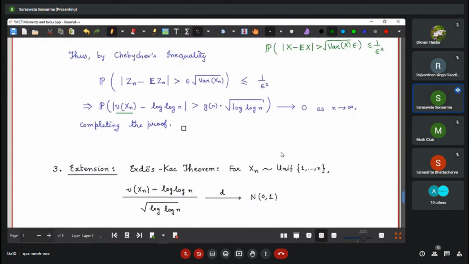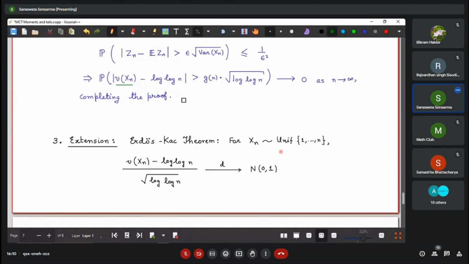And as it turns out, there is. The Erdos-Kac theorem says that v of xn minus the expectation, divided by the standard deviation, so you just normalize v of xn, goes to a normal (0,1) as n goes to infinity. This was proven, I believe, in 1940 in the Erdos and Kac paper, and in that paper they actually published a more